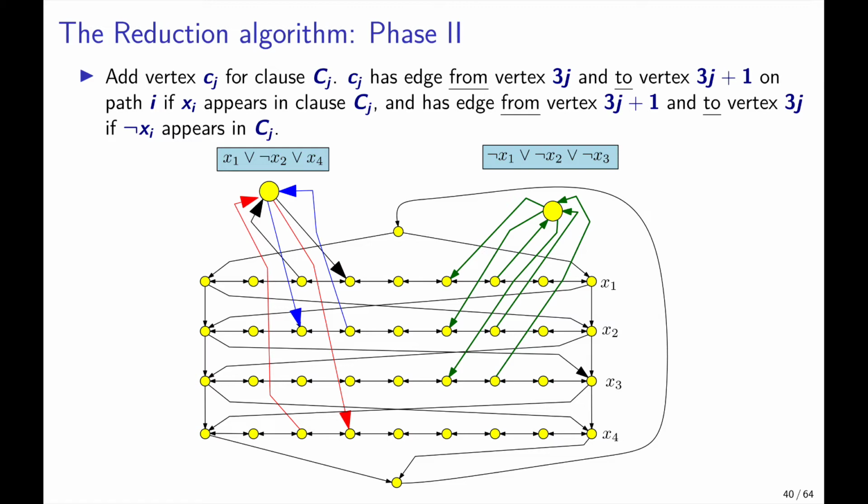And the claim now is that this graph is Hamiltonian if and only if the original formula is satisfiable. Now, a priori, this is completely unclear. In fact, one direction is easy: the fact that a satisfying assignment corresponds to a Hamiltonian cycle is pretty easy to see, but the other direction is much harder, because it's not clear that the Hamiltonian